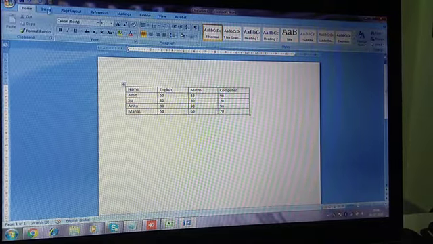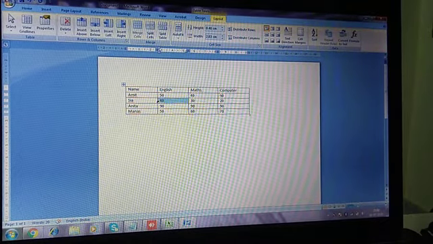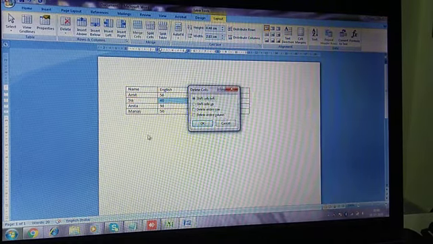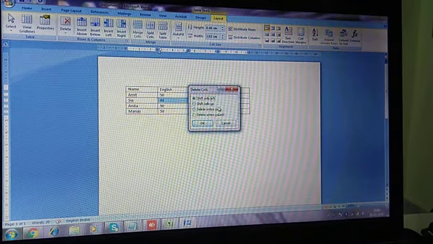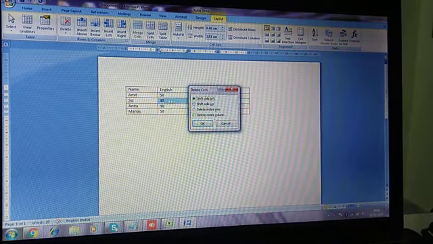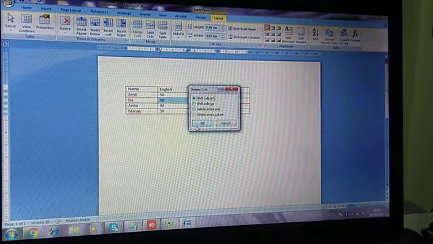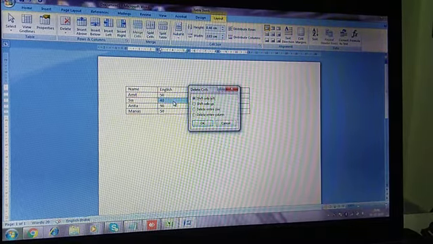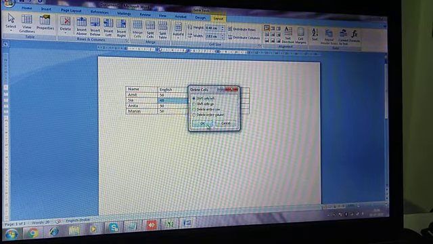Now one more thing: if I want to delete one single cell, how to select a single cell? By just single clicking it. Now Delete, then delete cell. For delete cell it is asking: shift cells left, shift cells up, delete entire row, delete entire column. Means if we are deleting any cell in between the table, then it will ask what you want after deletion of this cell. You want your cells to be shifted left or up? Okay, we will just check what happens. Shift cells left we are selecting.